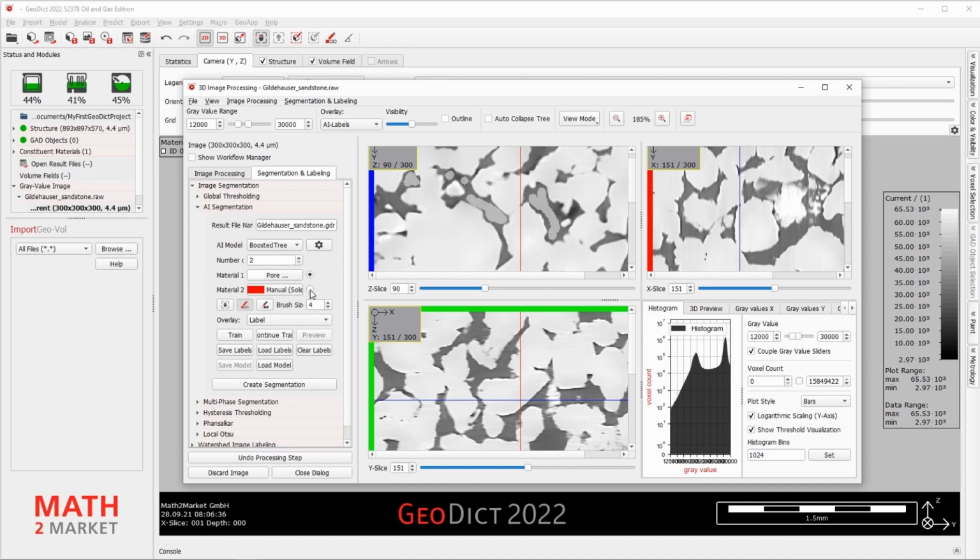Now select Material 2, or the quartz grains, and do the same with the quartz grains. If you have selected a material you didn't want to select, you may erase that with the Erase tool.